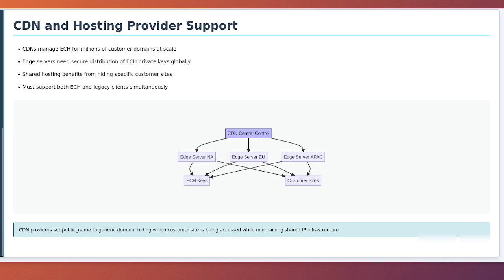CDN and hosting provider support. Content delivery networks and hosting providers play a crucial role in ECH deployment because they often terminate TLS connections on behalf of many customer websites. When a CDN or hosting provider implements ECH, they must manage ECH config distribution and private key infrastructure for potentially millions of domains simultaneously. CDN providers typically implement ECH at their edge servers, which are the TLS termination points for